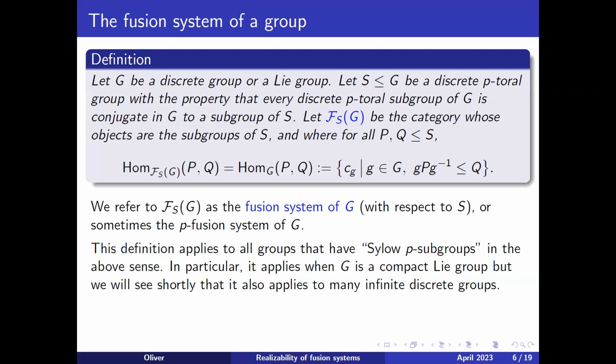And if you take the classifying spaces of a p-toral group, and then a discrete p-toral group inside of it with the same rank and so forth, their p-completed classifying spaces are homotopy equivalent. So from certain points of view, it doesn't matter. It's just a question of which one you need; sometimes you need one, sometimes you need the other.